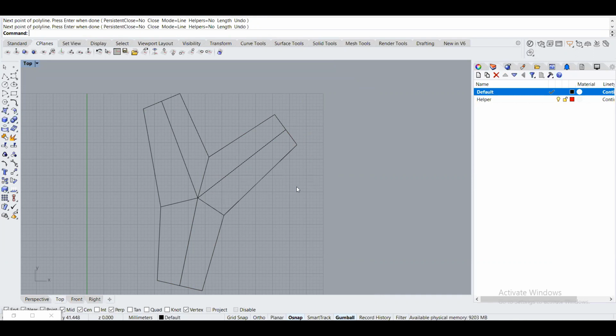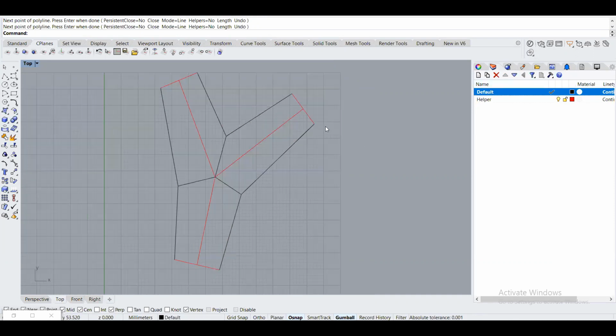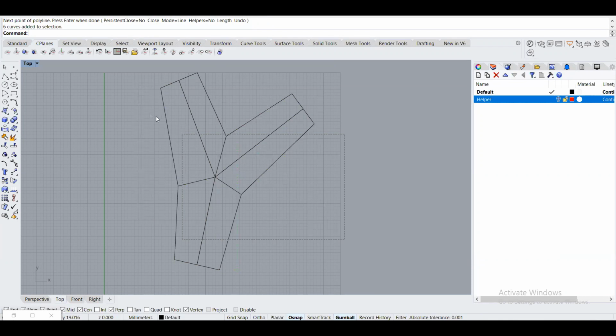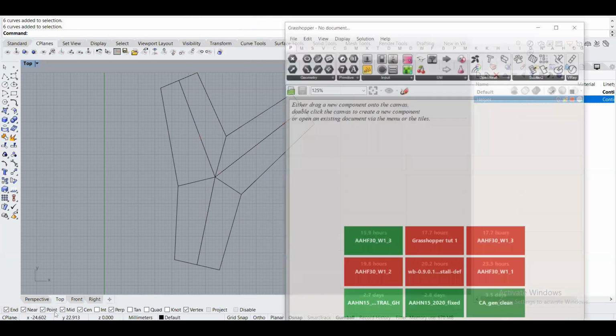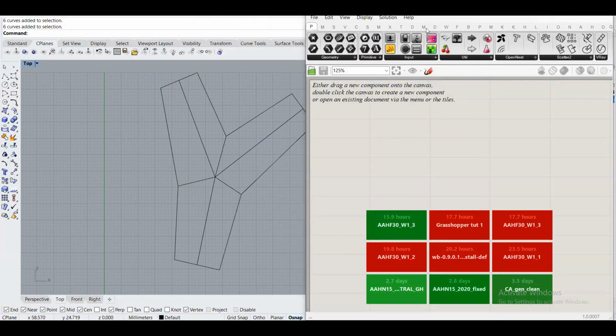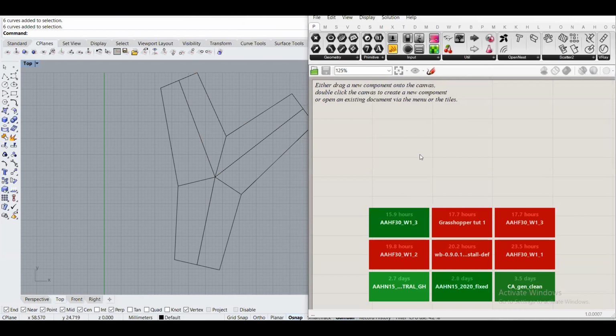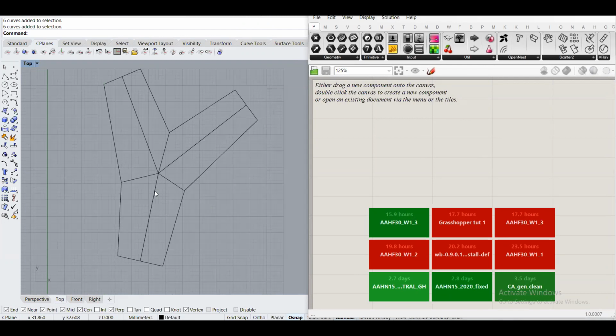Okay. I'll just give you a second. This is an important thing, so listen up. When you finish drawing the rectangles, just hide the helper layer so that it's just these 6 rectangles that you have on your screens. All right. Once you have done that,